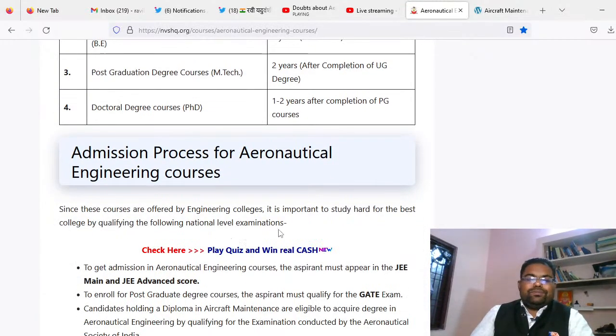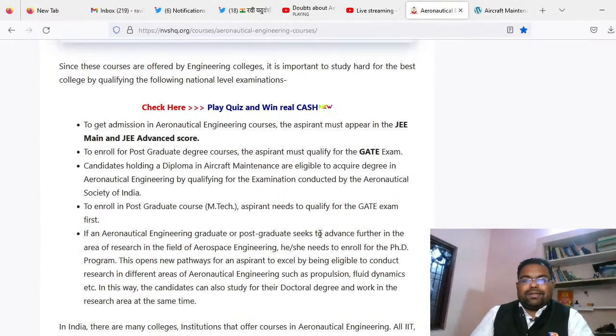And what is the admission process? The admission process is very simple, right? You have to write the IIT JEE, because nowadays even private universities are giving preference to IIT JEE students. If you have a very good score, or you cleared the IIT JEE, you will be shortlisted to be enrolled in this aeronautical course. And if you have cleared the IIT JEE with a very good rank, you can be part of the Indian Institute of Technology for the same course, aerospace or aeronautical.